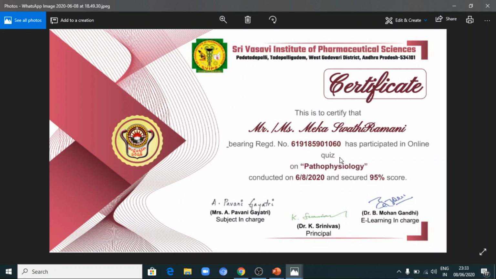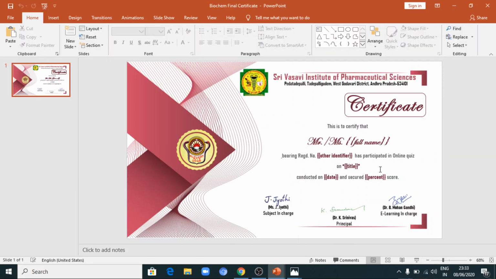Now before proceeding with the other things, let me clarify some things which are very important here. This is the certificate we have created. You can see here: this is to certify that Mr. or Miss, and you can see two flower brackets, and in that I placed full name, and then two flower brackets closed, and then bearing register number, two flower brackets, other identifier, two flower brackets, has participated in online quiz on same title.